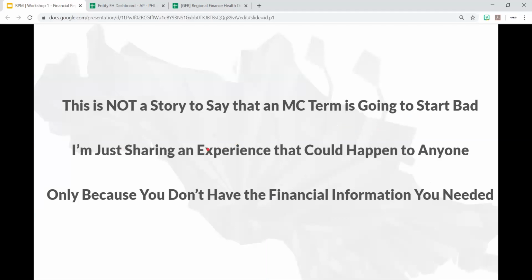That story is not to say that an MC term is going to start really bad. I'm just sharing an experience that could happen to anyone, only because you don't have the financial information you needed. So that is just one of the experiences that I had before, where one of the things that I really need, which is the reports, which are the accounting, which are the financial information, is not available to